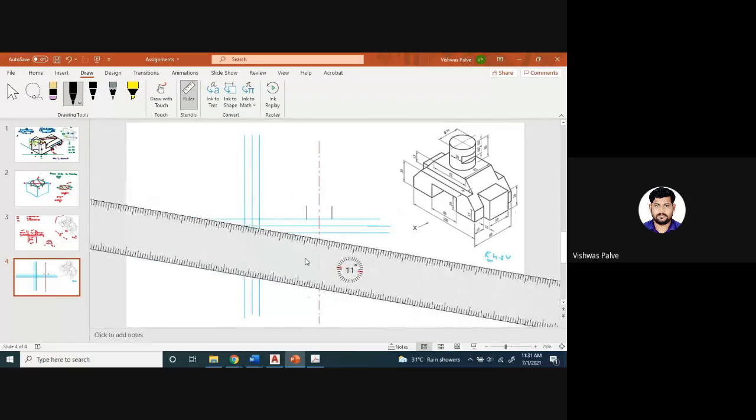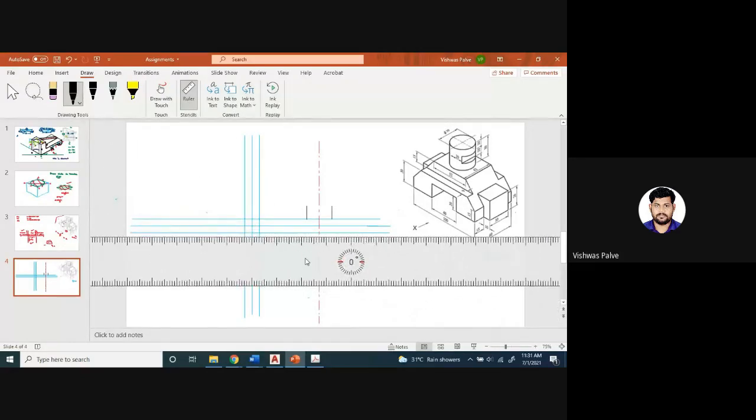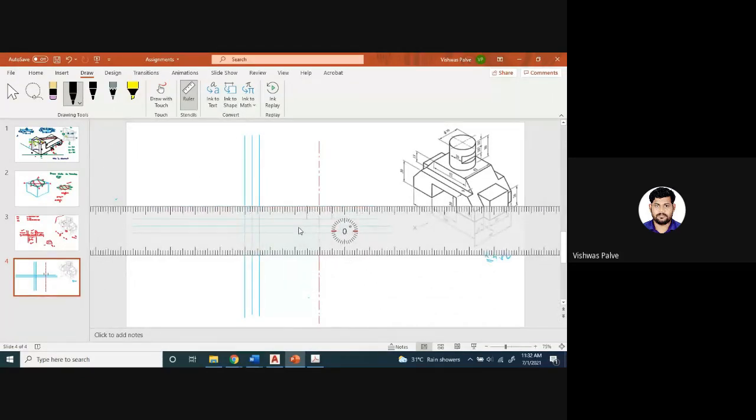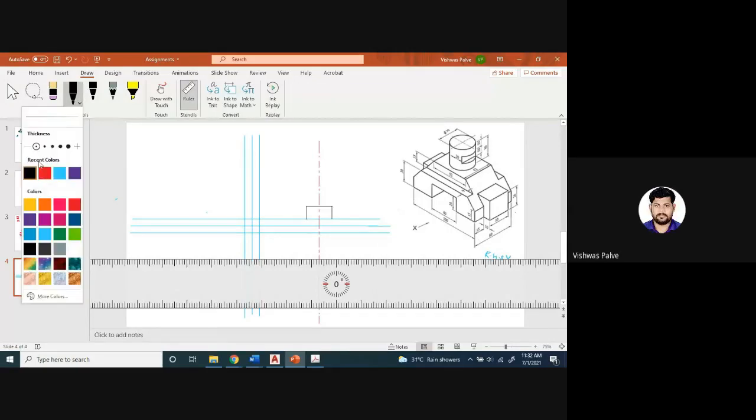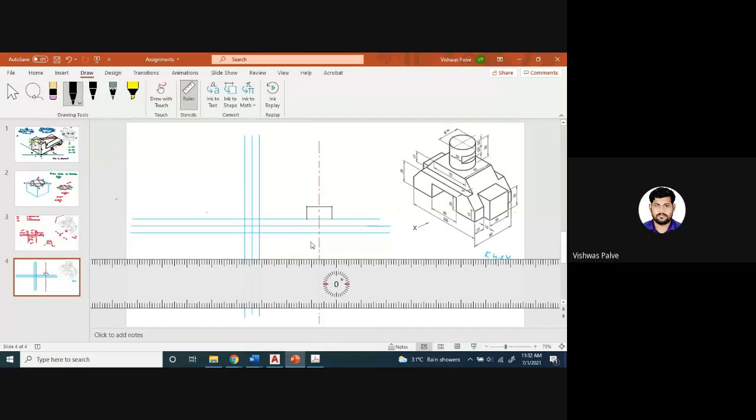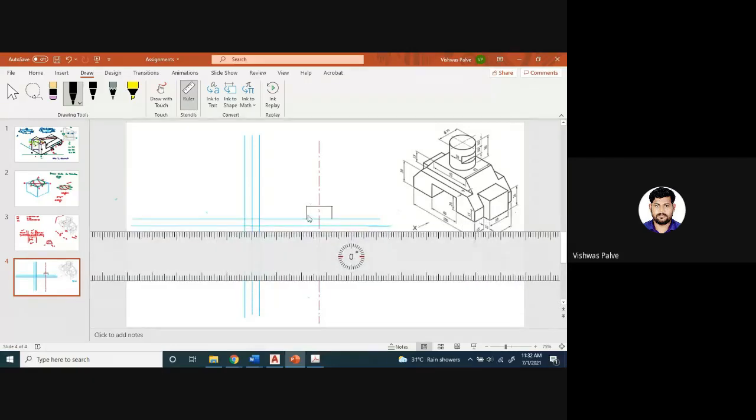Please take care that I am not drawing with proper dimension. You have to draw it with proper dimension. Okay, because on my screen it is not possible to draw it with proper dimension, but you have to draw it with proper dimension. So this distance is 20 millimeter height and 40 millimeter. So I have drawn this rectangle in front view.